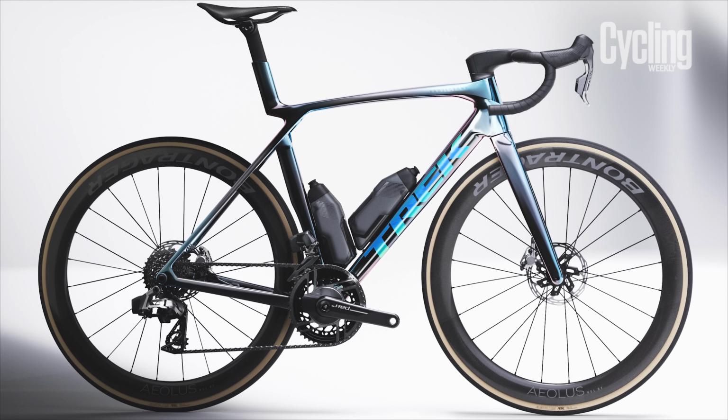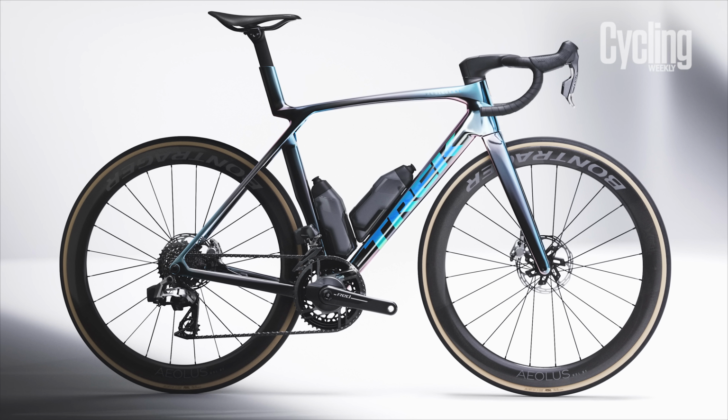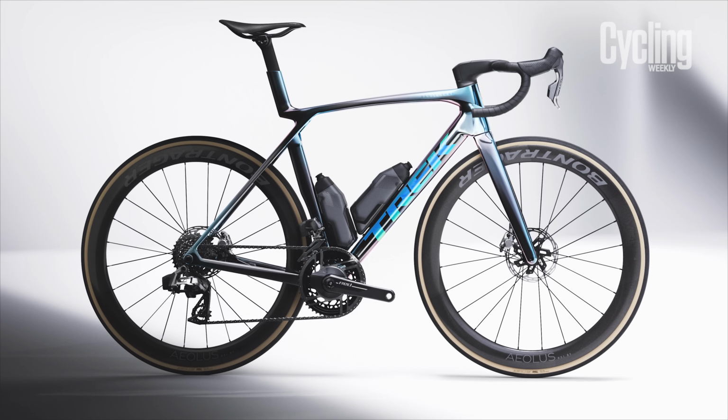Now, the claims Trek make about the bike are kind of unsurprising, and it does kind of boggle the mind how multiple brands are seemingly able to create the impossible. That being a lightweight bike which is more aero than its dedicated aero ancestor, and as lightweight as its lightweight predecessor. But let's look past that, because if true, the new Madone could be one of the most exciting bikes